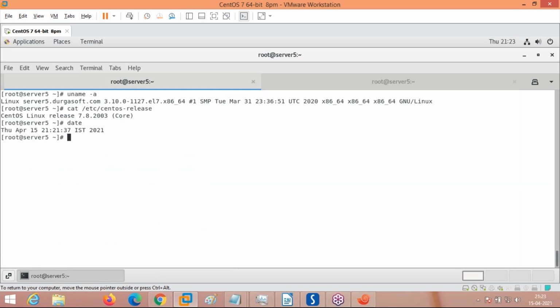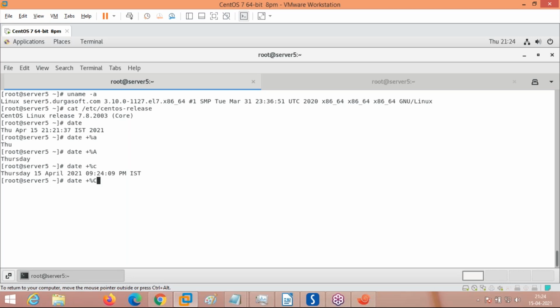See here, we will show some date commands. Date plus percent small a. What are you getting? Thursday. If I give the same thing with capital A, instead of THU it will give the full name, Thursday. Percent c. What am I getting? Full date and time in full format. Thursday, 15 April 2021. Current date and time in IST format, 9:24 PM.